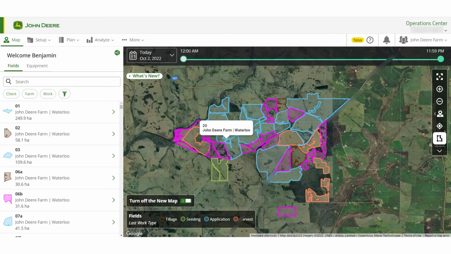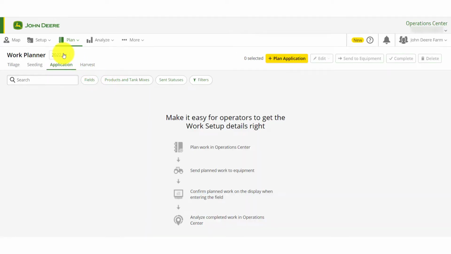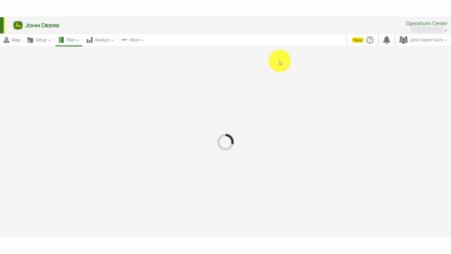To start, click the Plan tab in Operations Center web and select Work Planner from the drop-down list. Select the year of the season you're planning for, and then the type of operation. In this example, we will select 2022 and then Application. To plan new work, press the Plan Application button in the top right corner of the screen, and you will